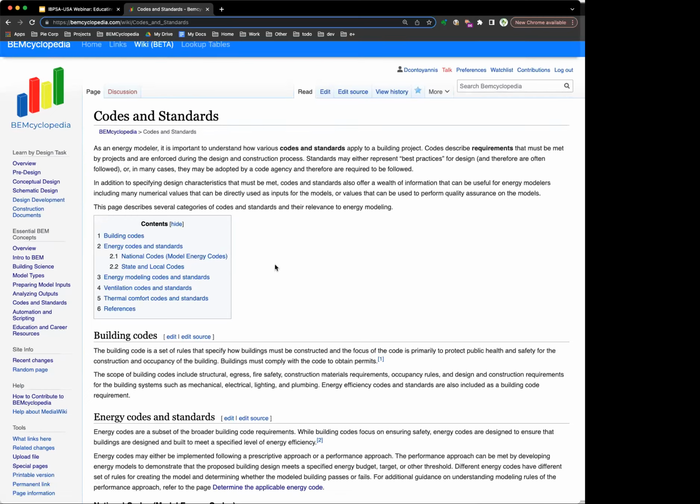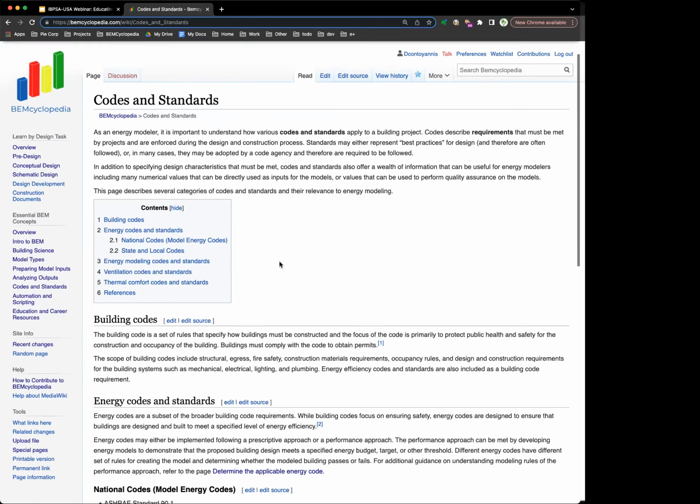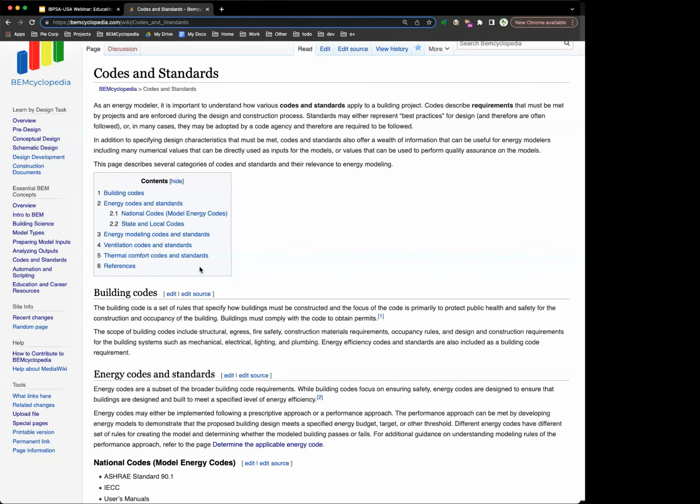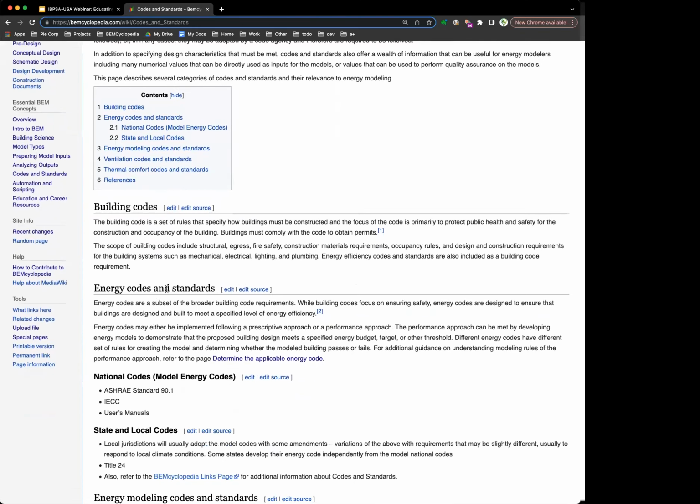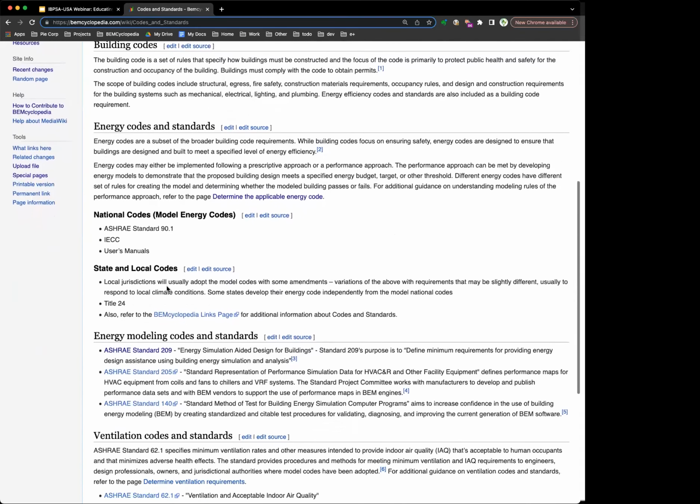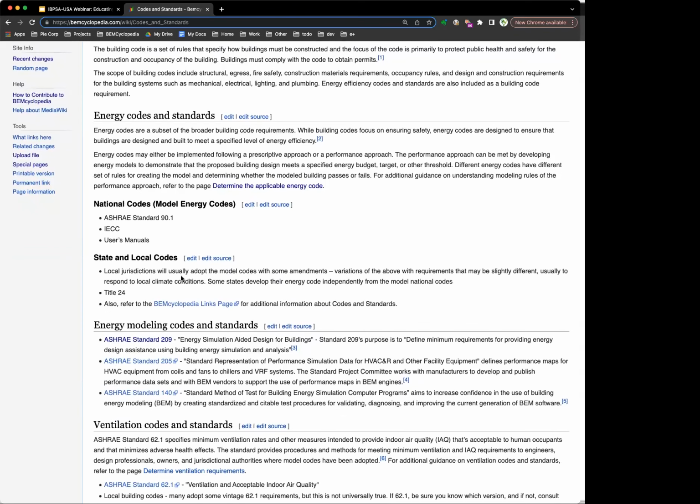But also, they provide a lot of useful information on making good assumptions for early models. So this page is broken into different categories of codes. So building codes, energy codes, codes that are very specific to energy modeling, ventilation codes and standards, all of which have a bearing on how you create your energy models.